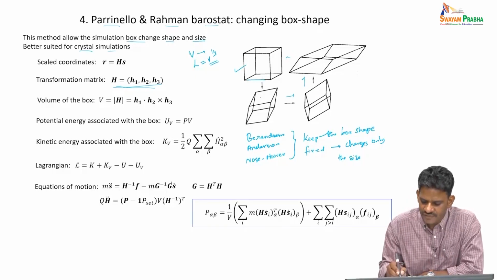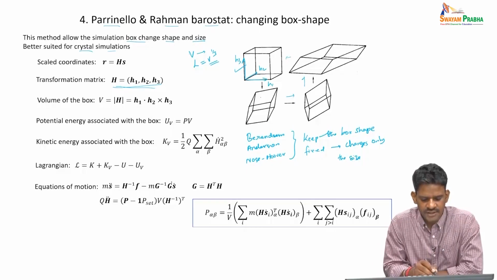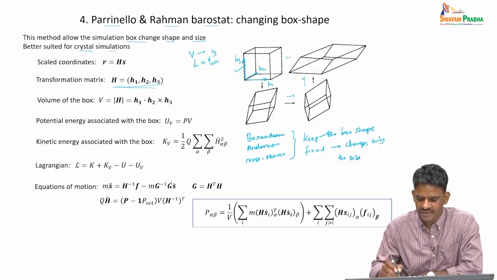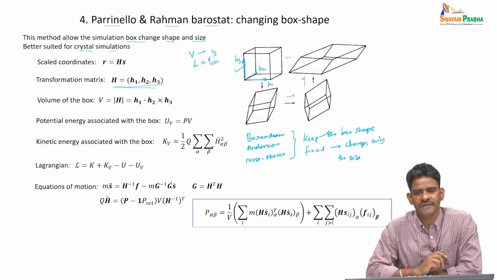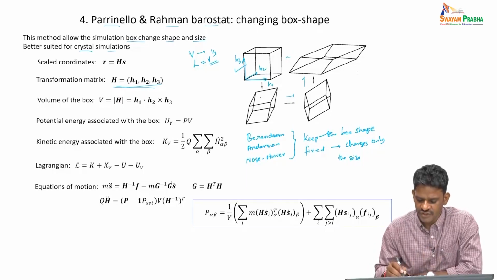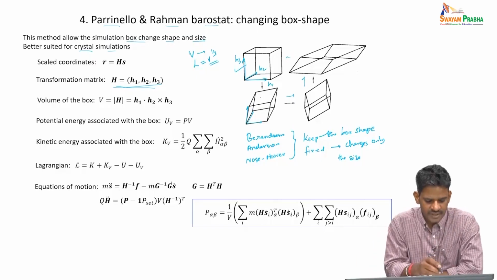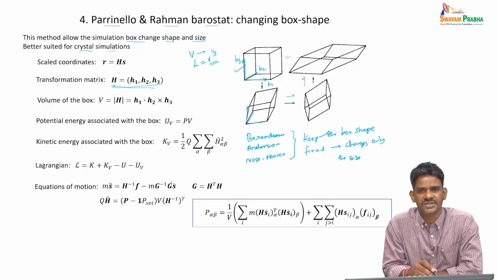So for example, we can have 3 independent axes, h1, h2 and h3, and these will now become variables. Each one of them can independently change, and when these unit cell vectors h1, h2, h3 change, you can see that the box shape could also change depending upon how h1, h2, h3 change. So then we define a matrix H which comprises all these unit cell vectors h1, h2, h3, and